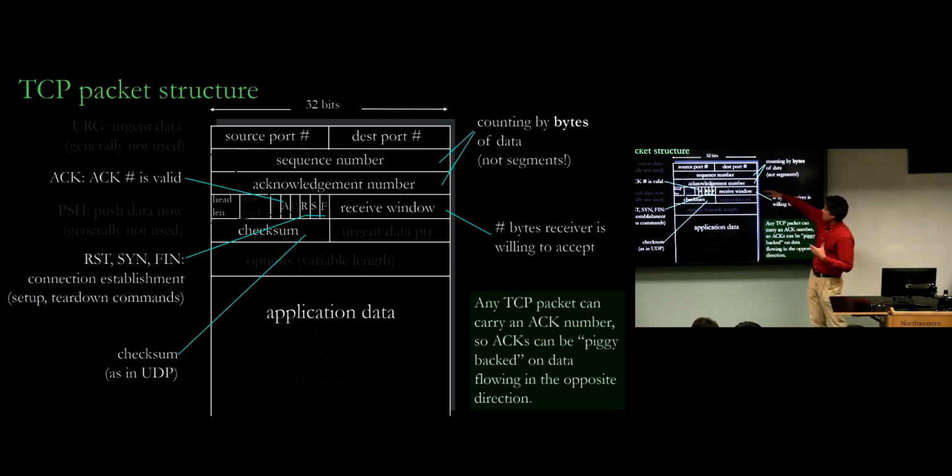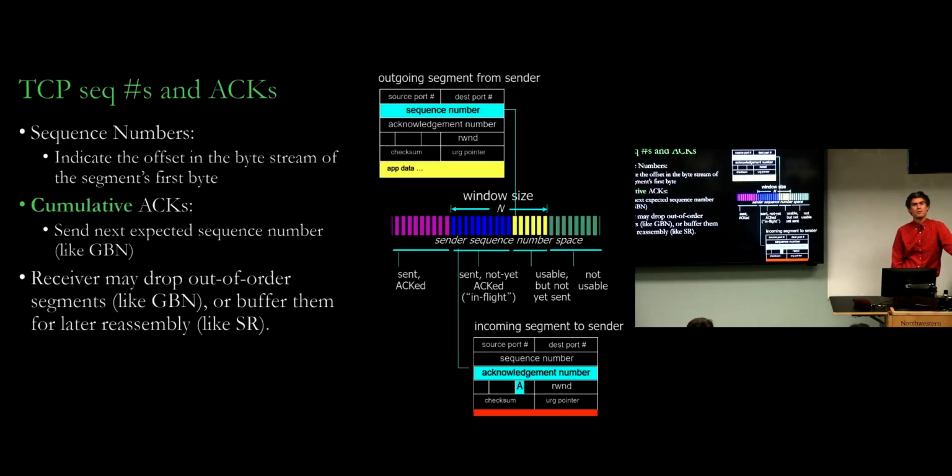And by having an acknowledgement number built into this header field, it allows the receiver of data to acknowledge data it received in the next bit of data it sends in the other direction. So acknowledgments are sort of piggybacked from data flowing in the opposite direction. If that makes sense. Maybe we'll see some examples of that here. Okay, so here is a picture showing a packet of data and an acknowledgement.